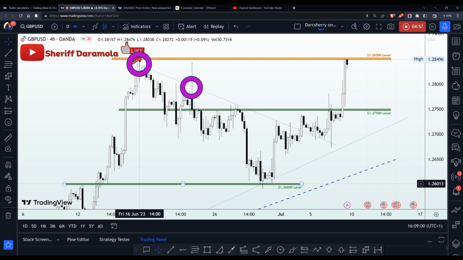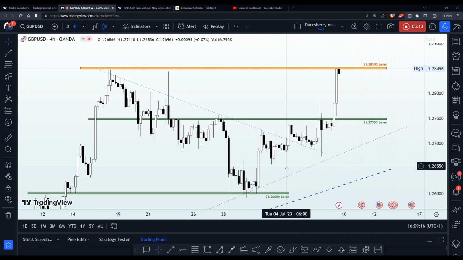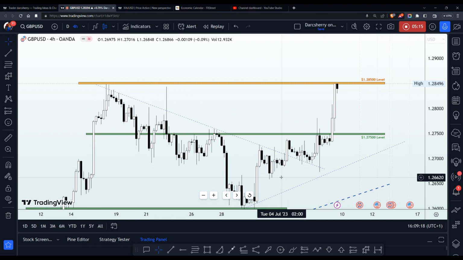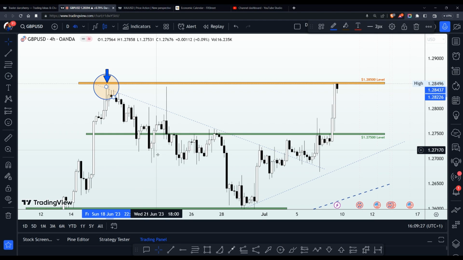And in the last couple of weeks, I was able to identify some structures within this range, which has actually helped us in guiding our trading activity during the last couple of weeks here. But one interesting thing that you will notice in this current structure is despite the strong bullish momentum in this market, you will notice that as soon as price action tested the 1.28500 level during the second week of the month of June, we saw significant selling pressure pushing price to the